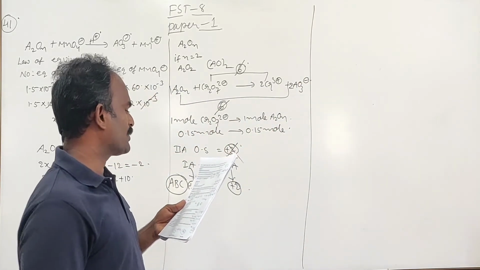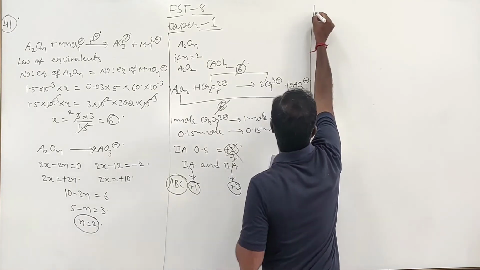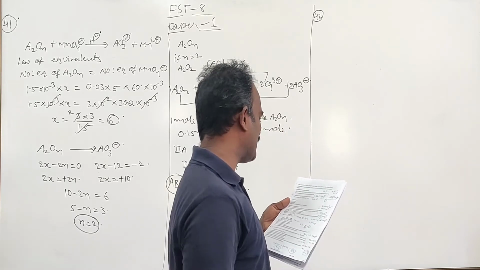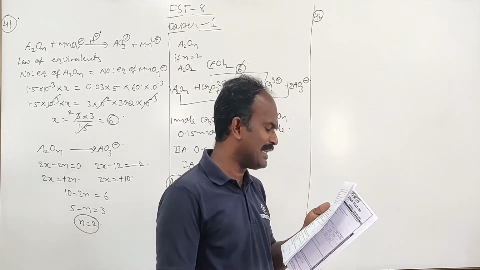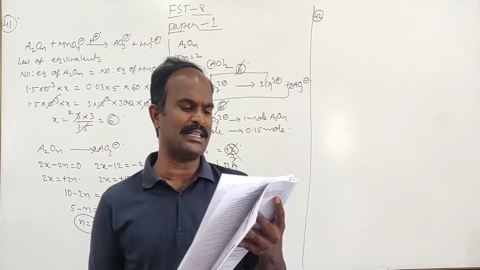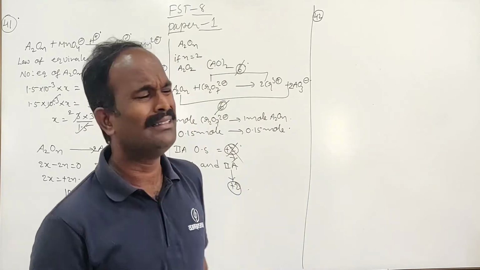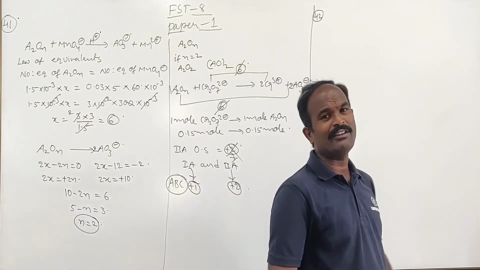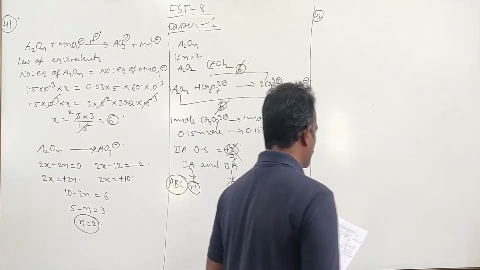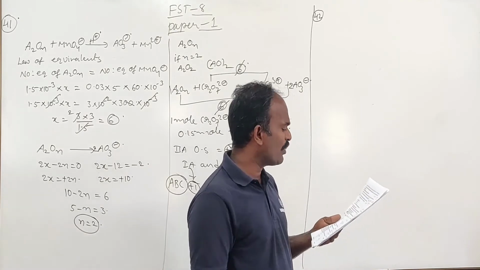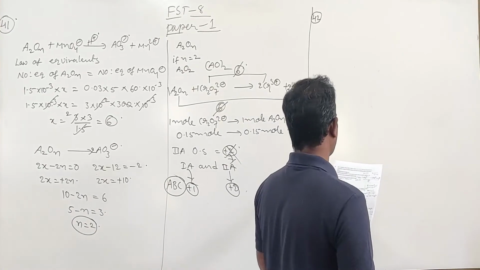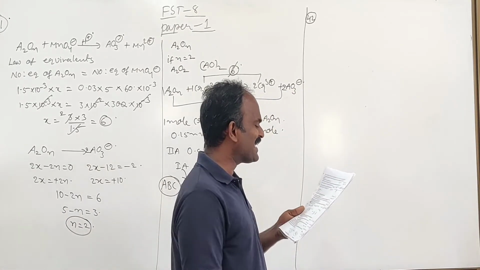Question number 42. The molar solubility of AgCl in 2.5 molar ammonia solution is nearly, given that Ksp of AgCl is 10 power minus 10 and Kf of Ag(NH3)2 plus is 10 power 6. This question we have often discussed, and we have given it already in your notebook also. We discussed it in the class, in so many problems. Let's check once again what is exactly happening here.